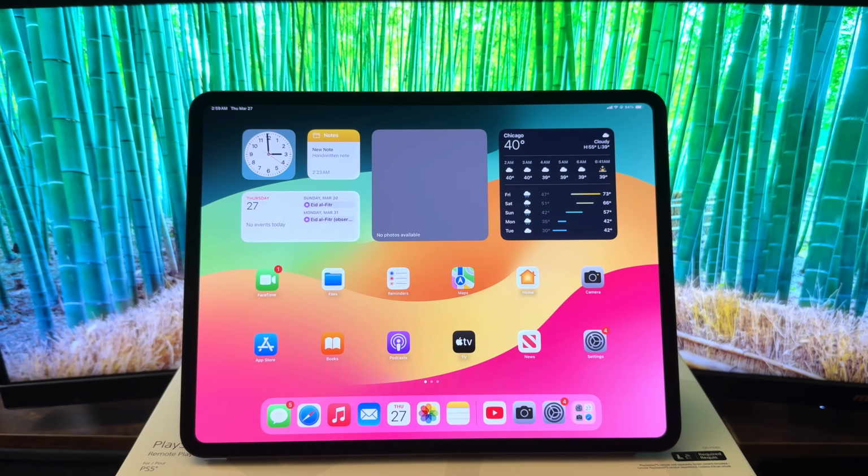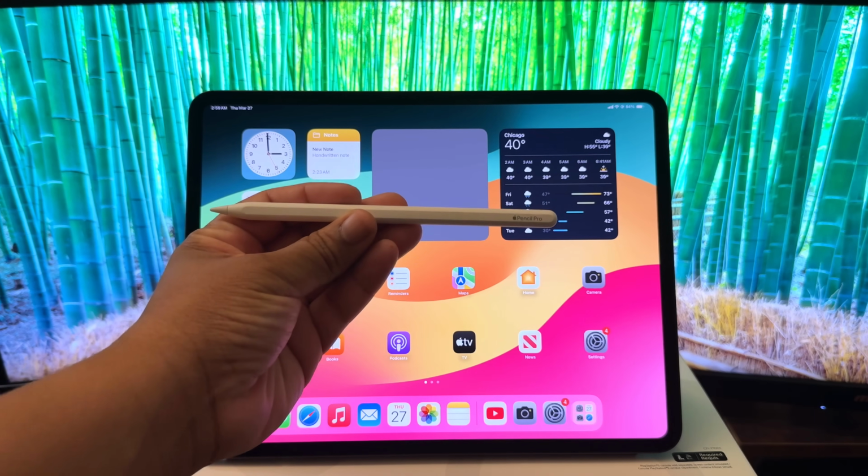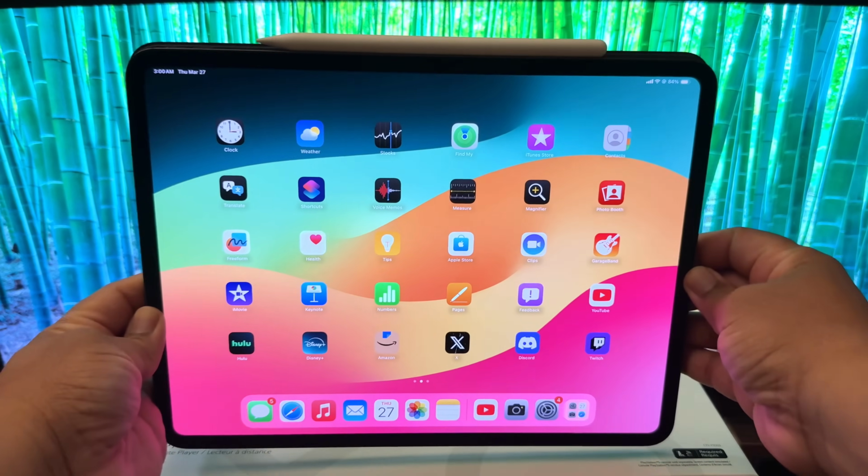Hey, so I'm back again with another video, and today I'm going to show you how to set up and configure your Apple Pencil. The first thing you want to do is to make sure you place the Apple Pencil